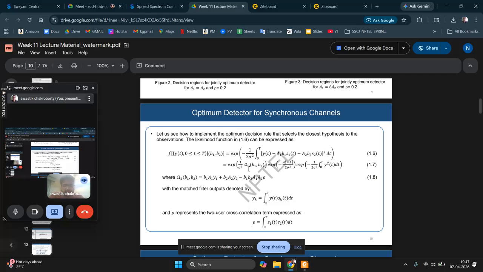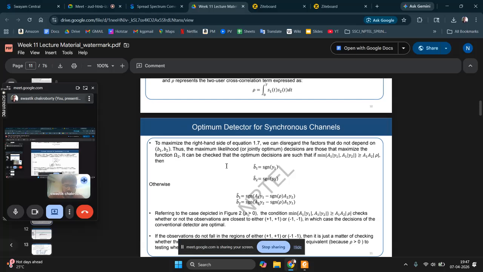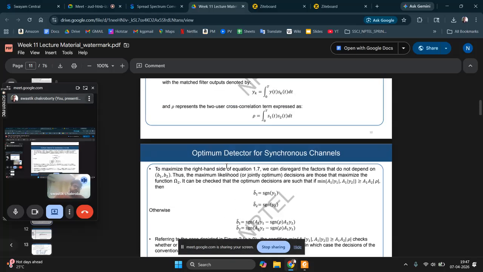So it is basically this omega 2 function: b1 a1 y1 plus b2 a2 y2 minus b1 b2 a1 a2 rho. Whatever maximizes this function will maximize the a posteriori likelihood,